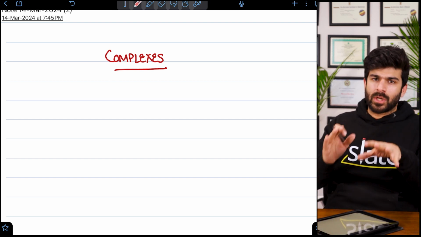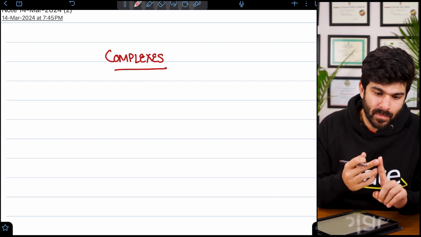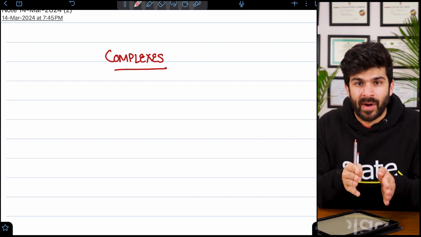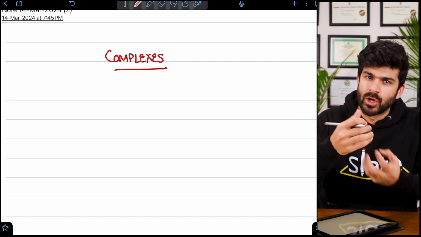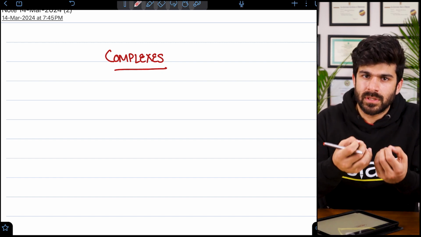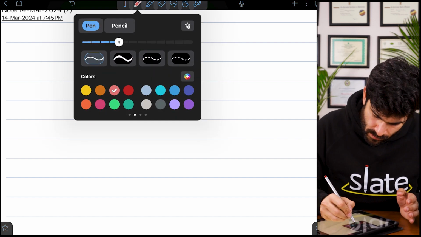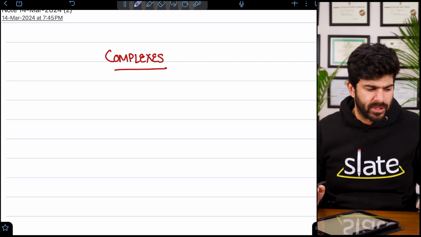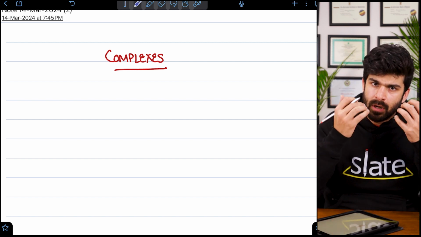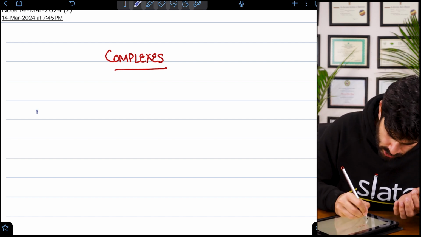So, when we talk about complexes, there are various concepts that we need to revisit. This lecture would be divided into two different parts. In the first part, we will just introduce the terms and important concepts of complexes. And in the next one, we'll talk about the shapes and chelate effect. That's a different story. But for now, in order to understand concepts, we need to know the term